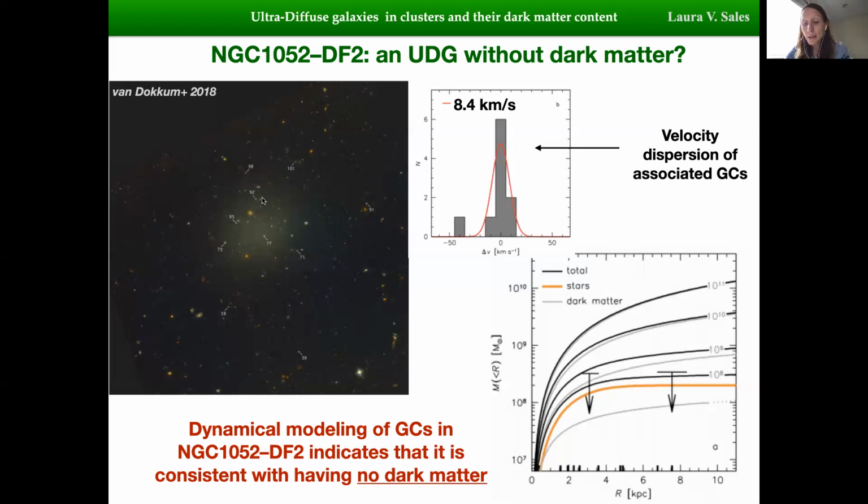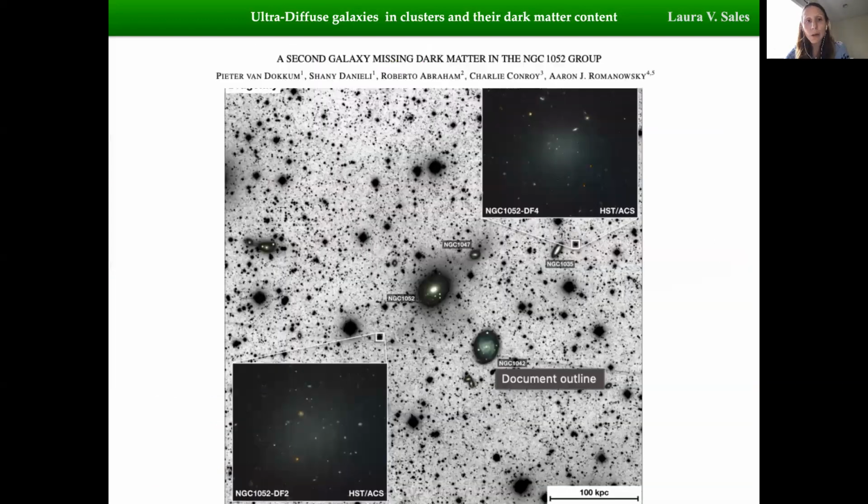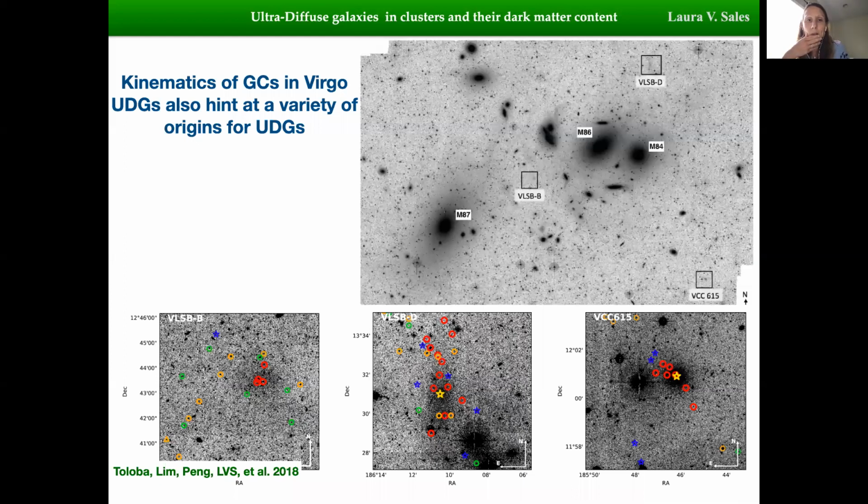And the interesting thing was that it is not the only one in the same group. There is a second one, DF4, which has an even smaller velocity dispersion. Once you discount all the systematic errors, you get an intrinsic velocity dispersion of 4 kilometers per second. And for DF2 it is similar, between 8 or 6, depending on what you assume for your errors. So of course, these are extreme objects, and what we decided to do is look at a more